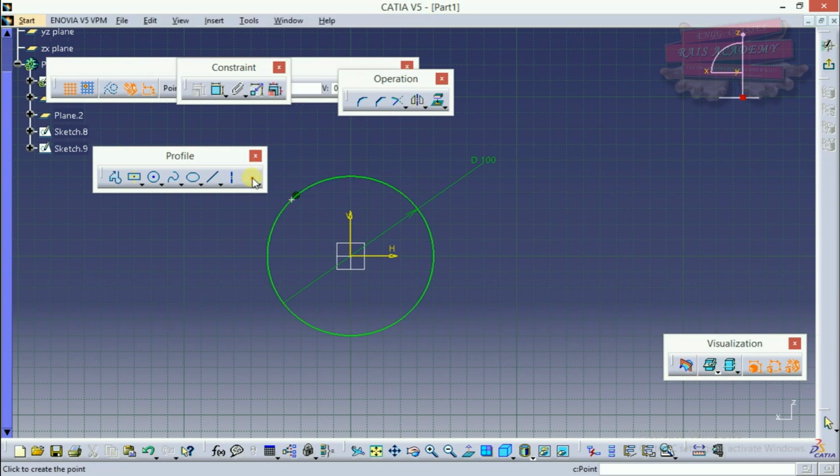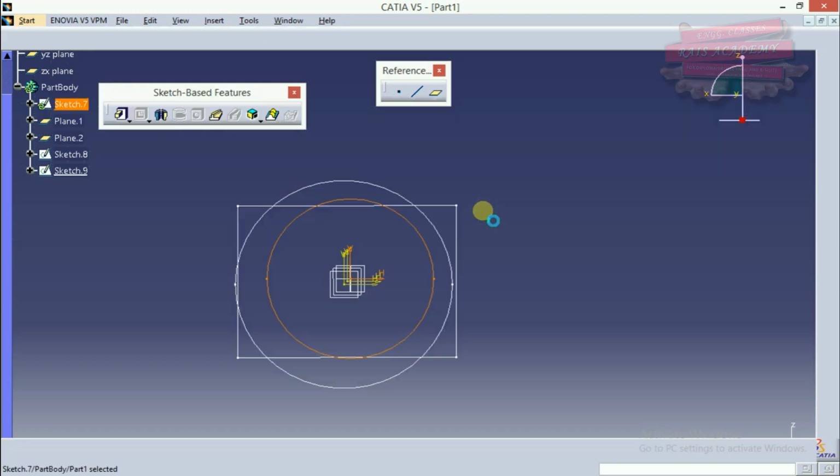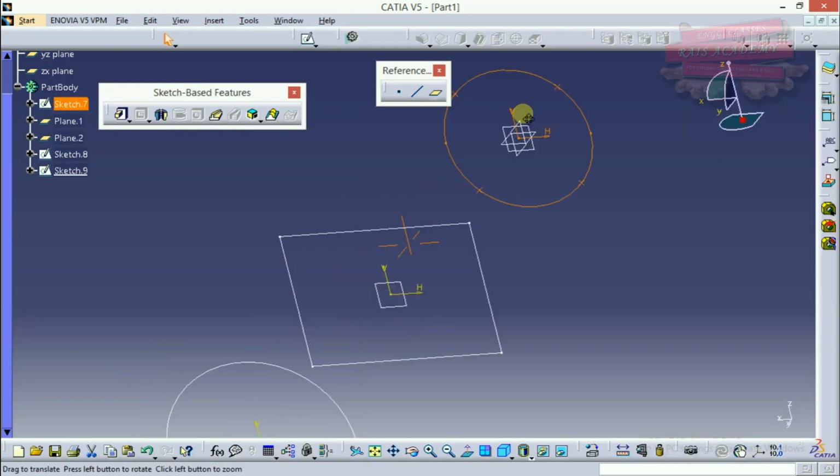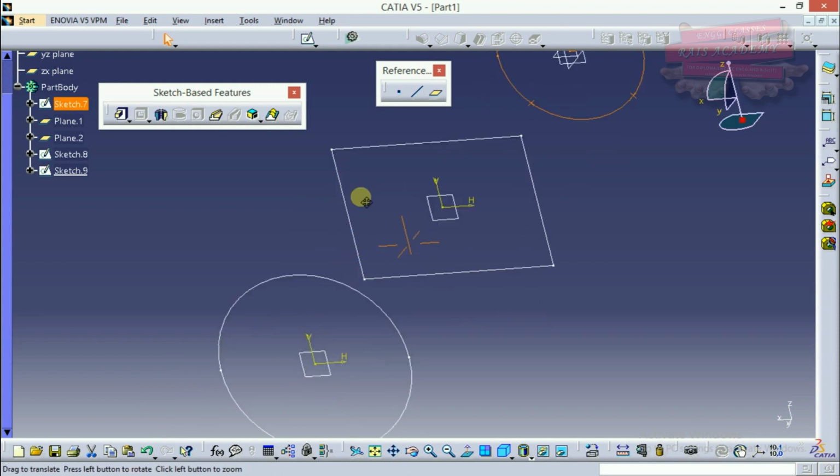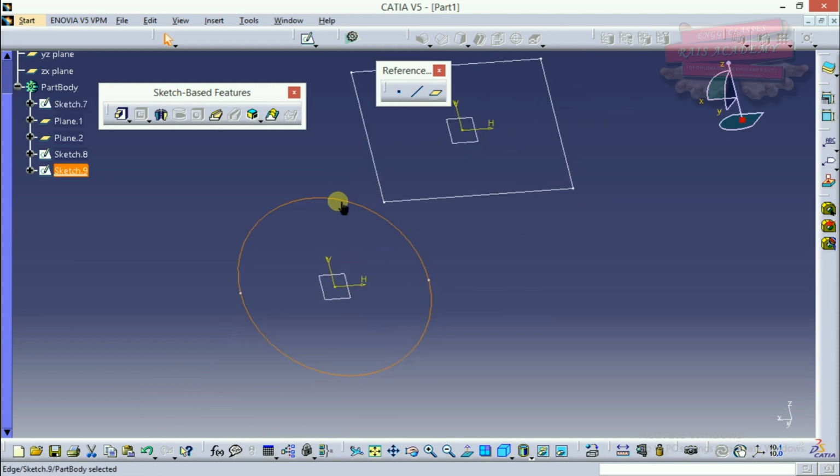So I'll give it endpoints. Okay, so I've got 4 points on the circle, 4 points on the square. Now I have to give 4 points or the 4 vertices on this circle as well.